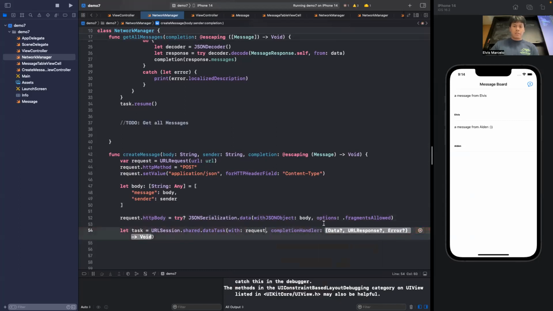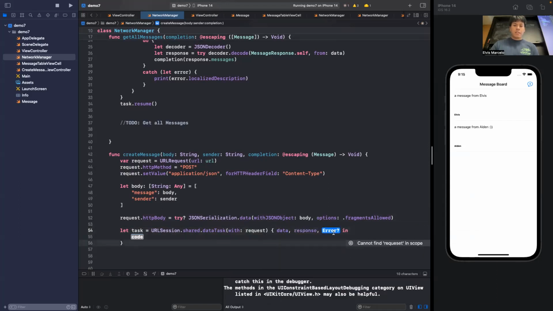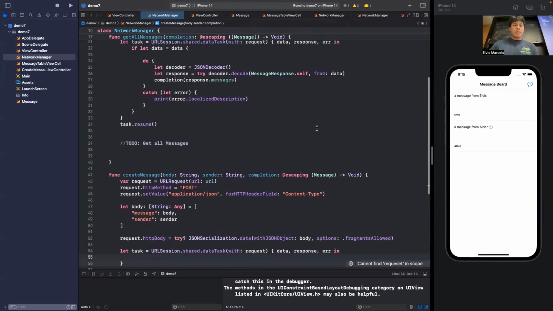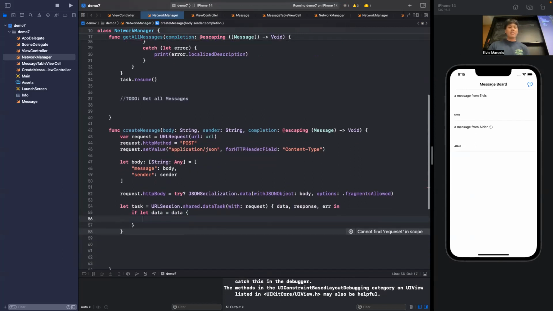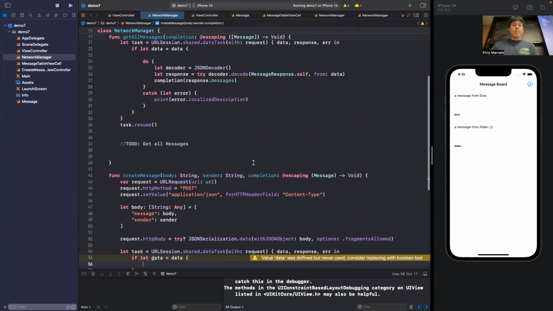Data, response and error. And here, we're just going to say if let data is equal to data. If I have some data after I put in my request, then